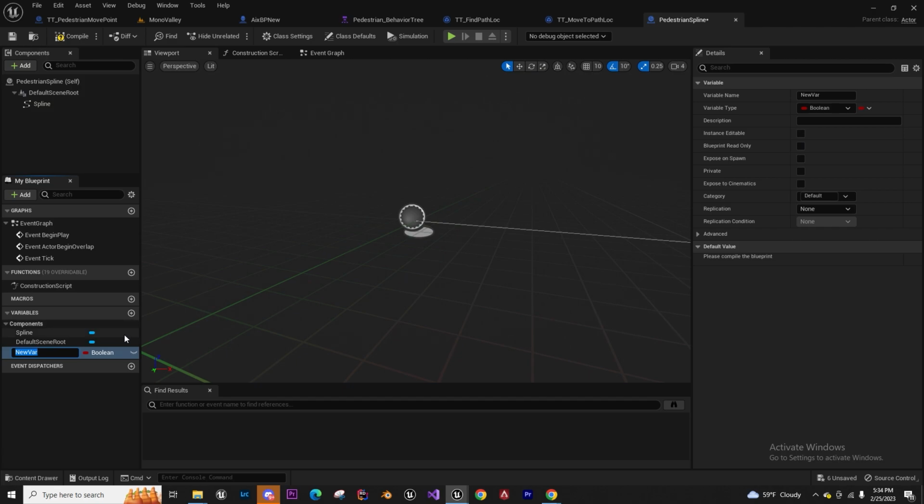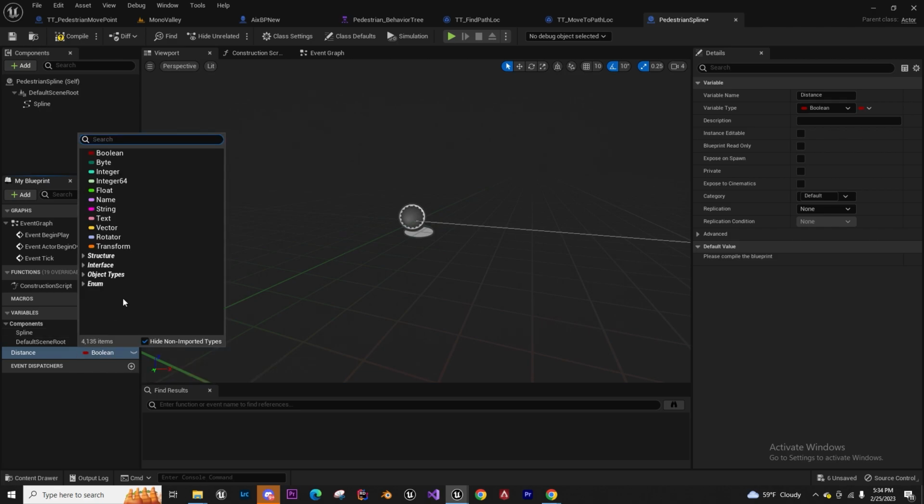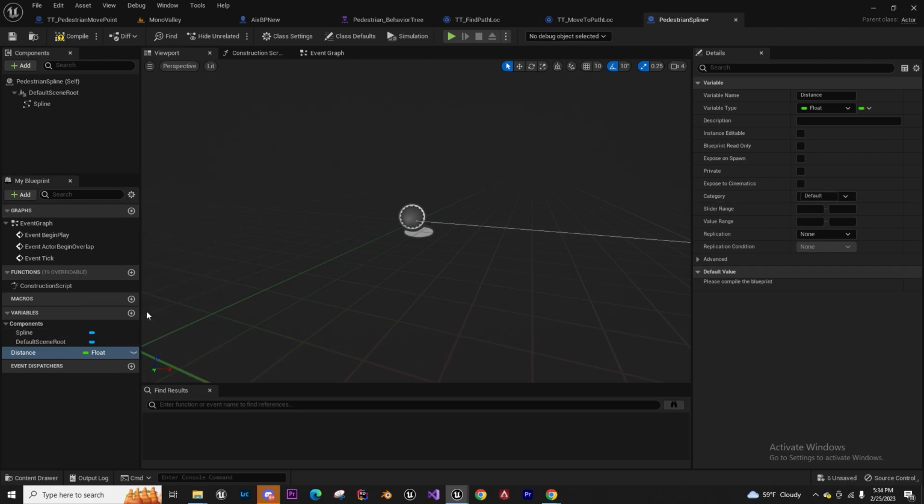Call it distance, and you're going to make this a float. Another one called percentage, and then we have another one called distance along spline. Okay, so